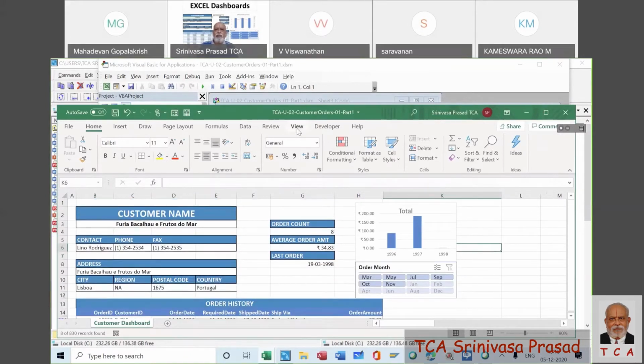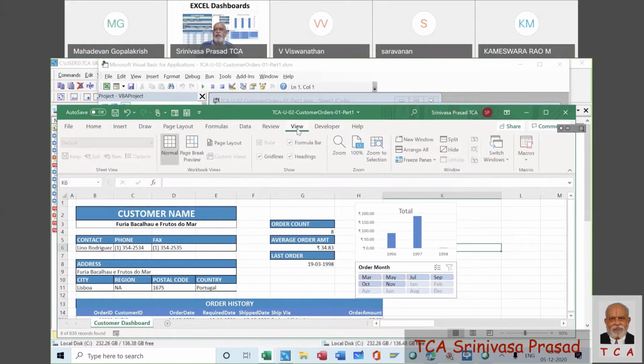Now we will do one thing. We will go to View. We have got a macro, so we go to Macros. Now we will have to record a macro of everything you have done. So we will do a macro for this. First of all, we will ensure that the slicers get filtered out and the total chart goes out and comes in. So we go to Record Macro.